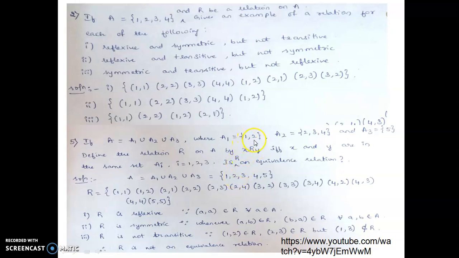Okay, 1 1, 1 2. Next 2 1, 2 2, 2 3, 2 4. Next 3 2, 3 3, 3 4. Next 4 2, 4 3, 4 4, 4. Next